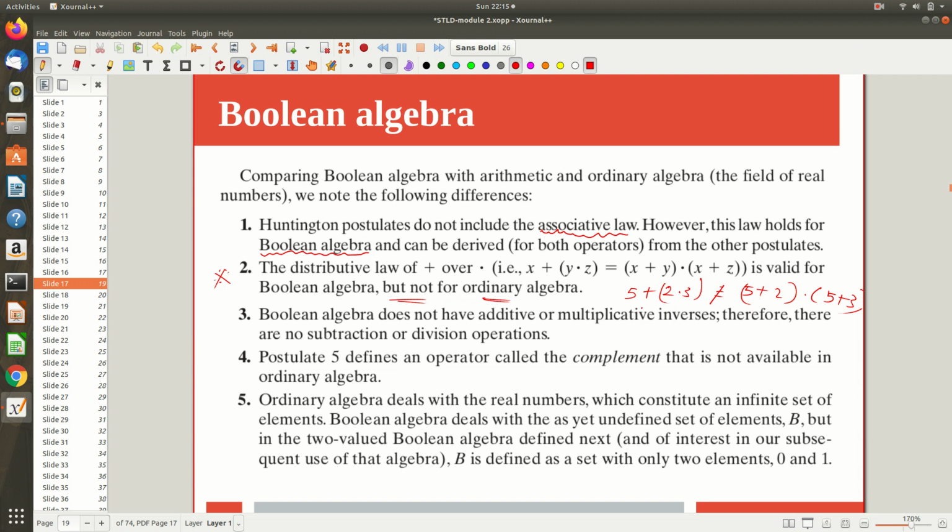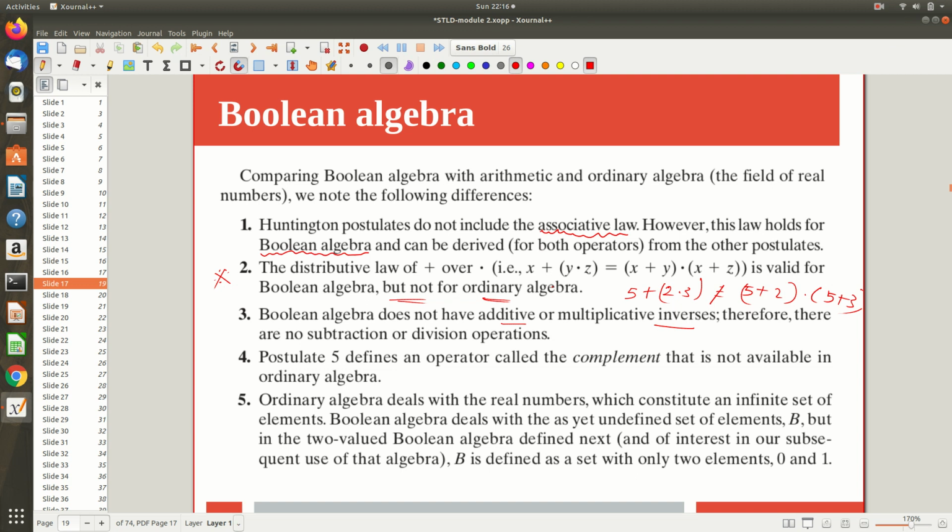Now, here we don't have the concept of inverse. So there is no inverse for both plus and dot. There is no additive or multiplicative inverse, and accordingly you can't define a subtraction or division operation. For performing division we need this inverse. A by b is nothing but a multiplied by 1 by b, something like that, but the inverse does not exist, so you can't talk about a division.